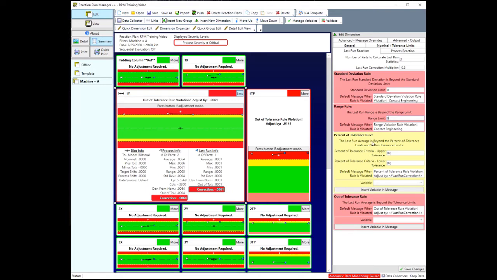Percent of tolerance rule violation. Here you can set the percent of tolerance criteria for the dimension item. It's set to 80%. You notice you've got an upper tolerance and a lower tolerance value you can put in. Again, it's to try to give you more flexibility and more tools for controlling your process. I may want to control it a little, maybe make the percent of tolerance higher on one side or the other. I don't know. Now, if this rule is violated, you'll see the instruction here, and you'll notice